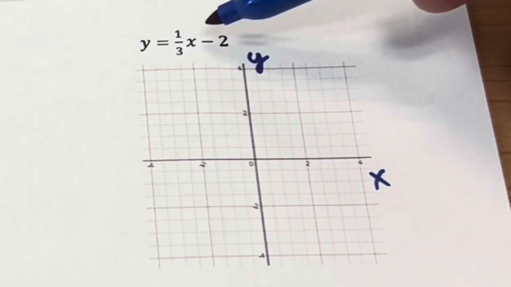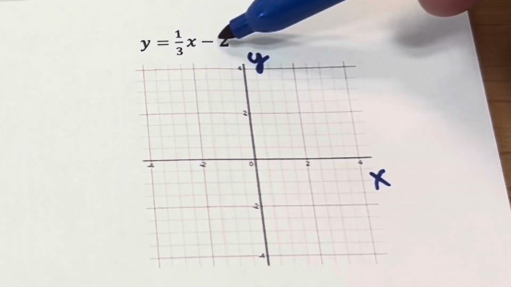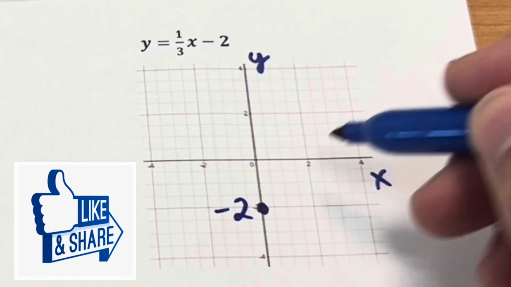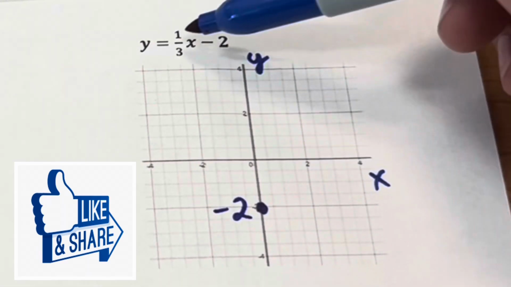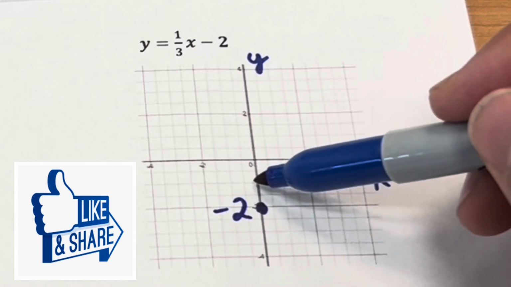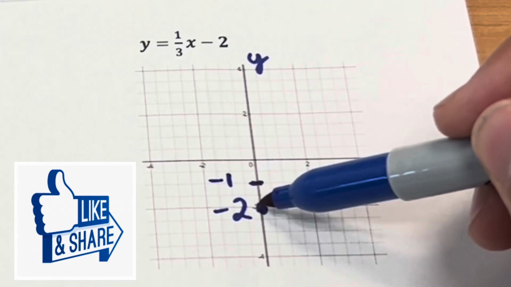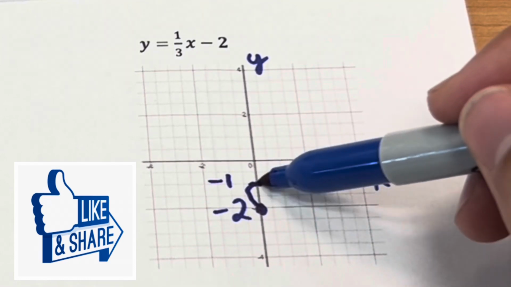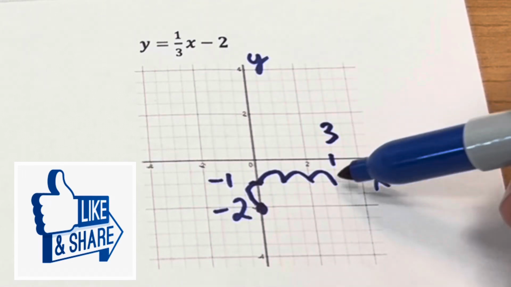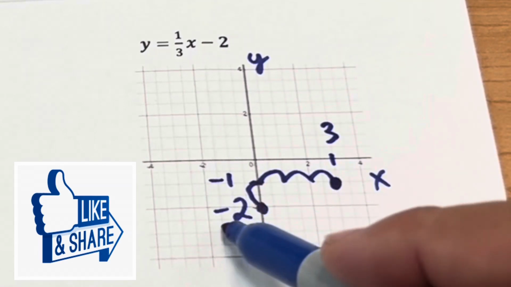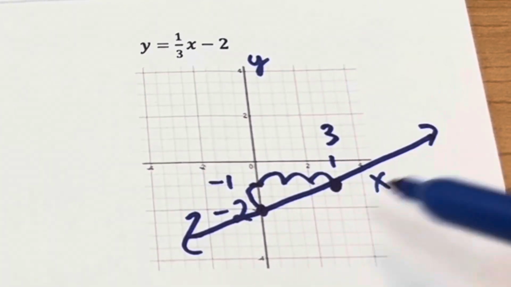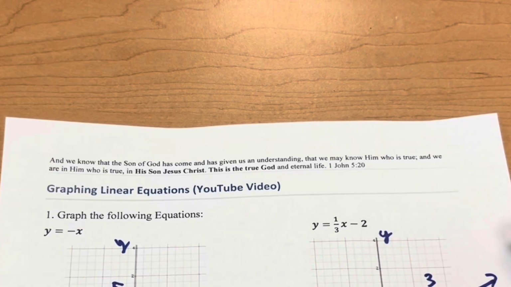Now here, y equals 1/3 of x minus 2. The minus 2 is here. Minus 2, you don't see it, it's very small, but it's that one. Then 1 up, 3 right, because it's positive. So from minus 2 to minus 1, this is 1 up, and then 1, 2, 3 right. Here's the 3. That's the other point, and you see it go up. So this is the graph for this equation.